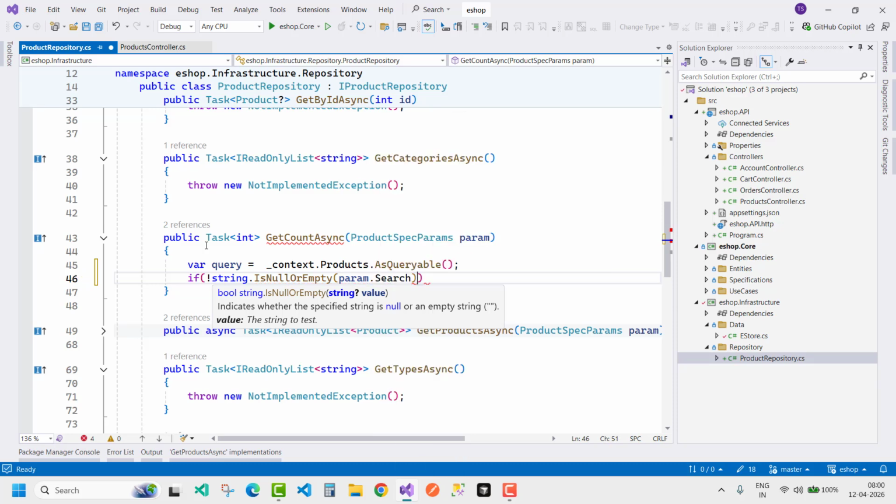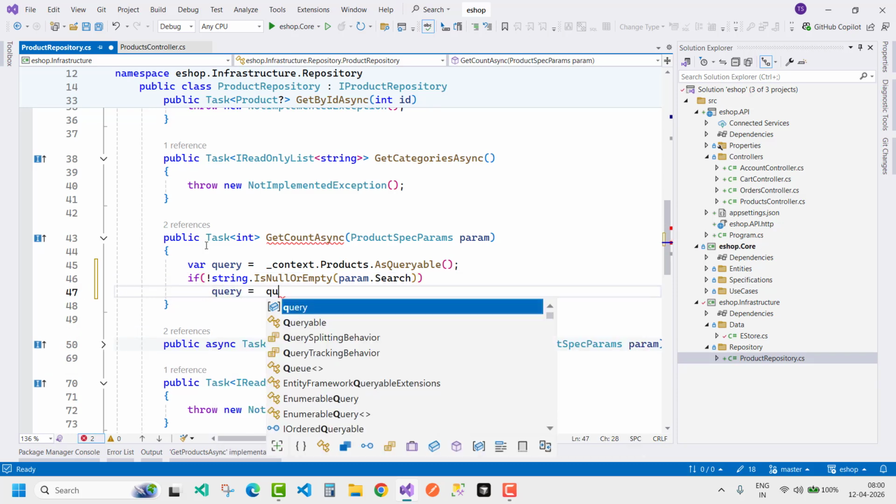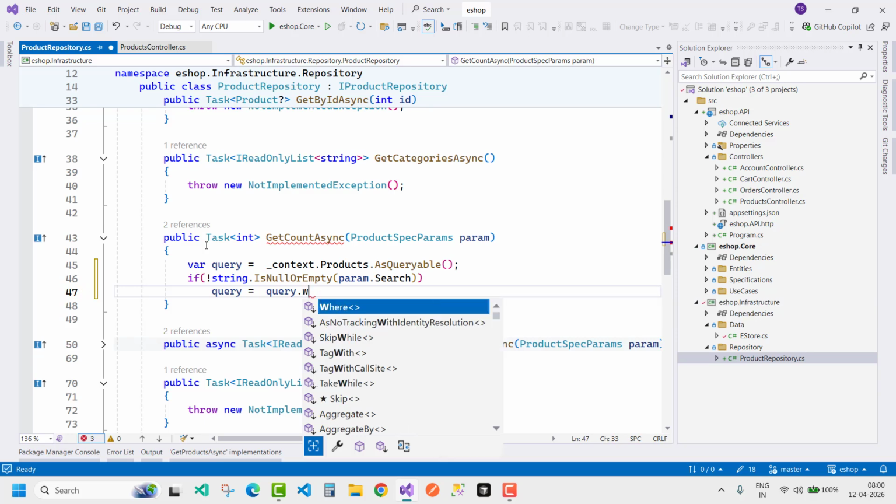So I want to just get the complete count with their params. So context dot products dot as queryable,